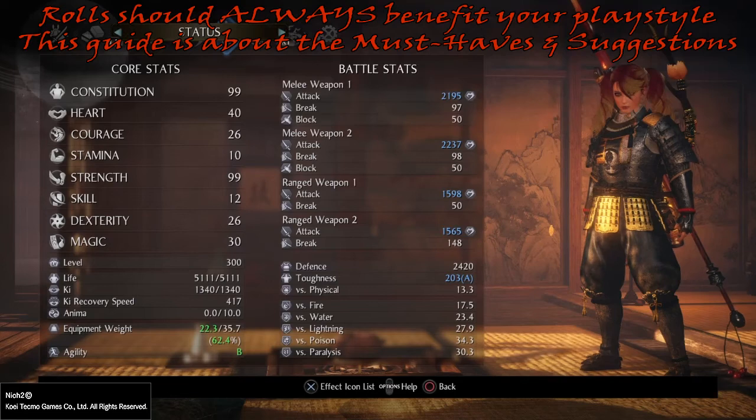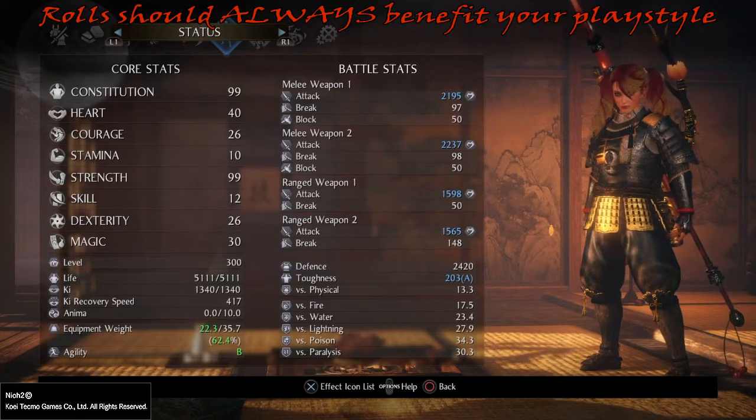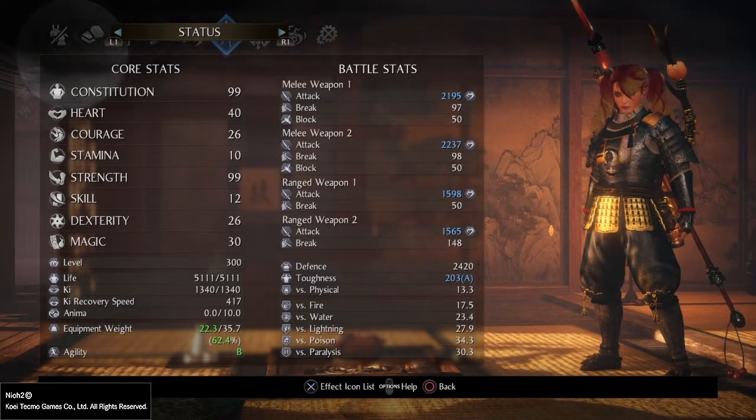Hi, FiOth here, and in this video we're going to talk about which perks or skills you actually want on your melee weapons. I already made videos about tempering, about soul matching, inheriting and transferring skills and perks, but now,